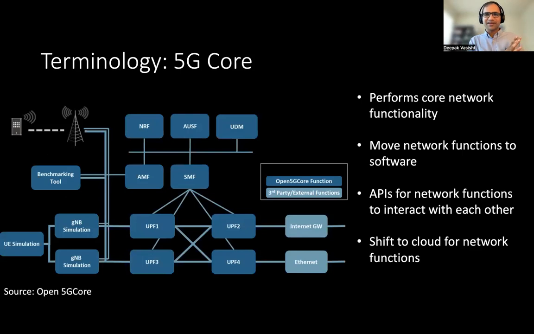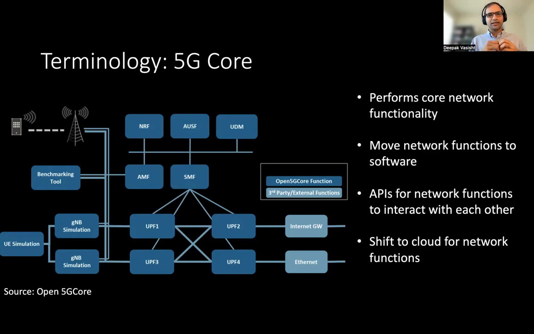Okay, so we talked about the RAN. The other part of this network is called the core, which enables many core network functionalities. RAN deals with your data going from your smartphone to the base station, and the other functionalities are all being dealt with by the core. So for example, authentication of the user: is this person authorized to use my network? Or mobility, that is, if you move from one base station to the other as you walk or drive through the city, that is all being handled by the core.